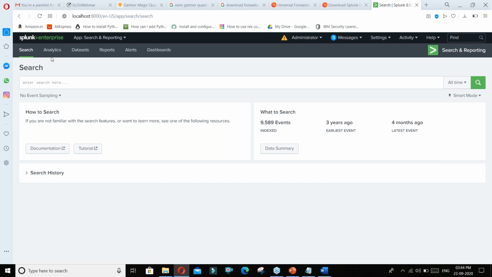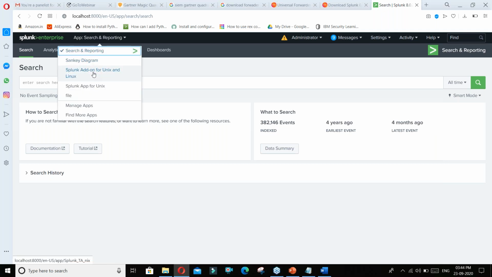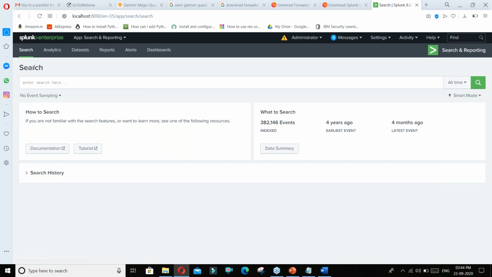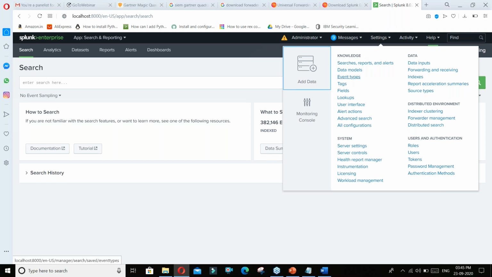Yeah. So guys, this is the console, how things will look to you. When you log in, there are multiple apps present here. This is the search panel. If we go to the settings page, here is the settings page. If I want to add data or receive data, I can configure it here. If I want to create alerts, I can do it here. So everything is available on this console.